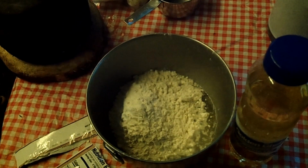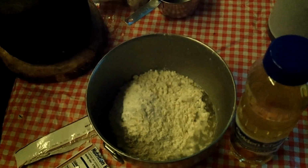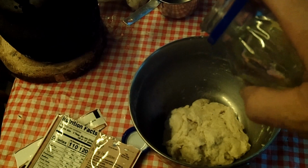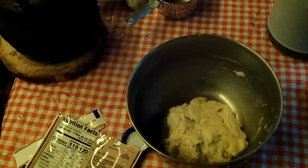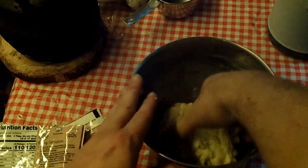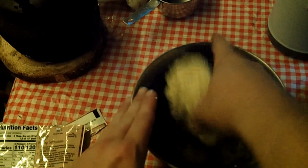Now, we mix. I have no flour, because that was one thing I forgot. I do have pancake mix, which I'm not going to use as a non-sticking agent. I'm just going to use this vegetable oil. So I've got it where I want it,